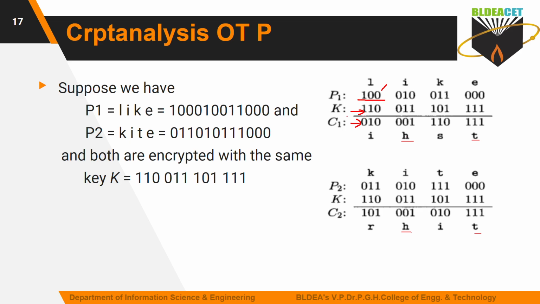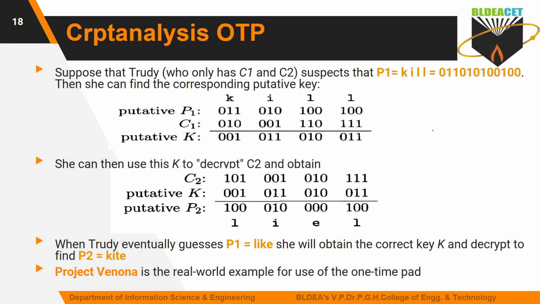Among the plain text and the key, if an intruder guesses one of them, they can easily get the other. If the intruder guesses the key, then with the help of the ciphertext and the key they can work out the plain text. If intruders know the ciphertext and the plain text, then they can guess the key. In this way they use trial and error to guess the plain text and the key.